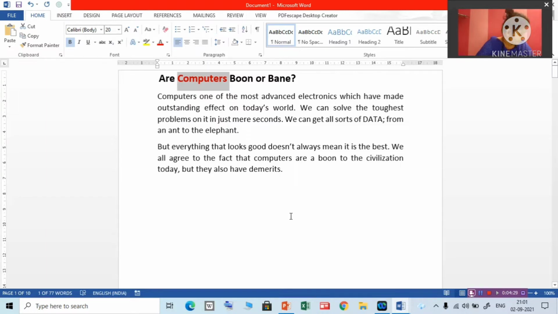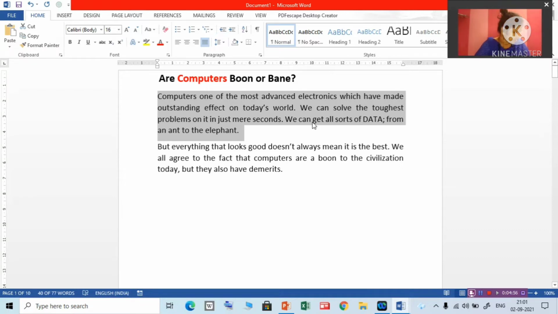Okay, then how to select a sentence. So to select a sentence, what you will do, click the cursor, hold down the Ctrl key and then click in the sentence, and you will find the sentence selected. Okay, a paragraph, you triple click on the paragraph, then the whole paragraph will be selected.